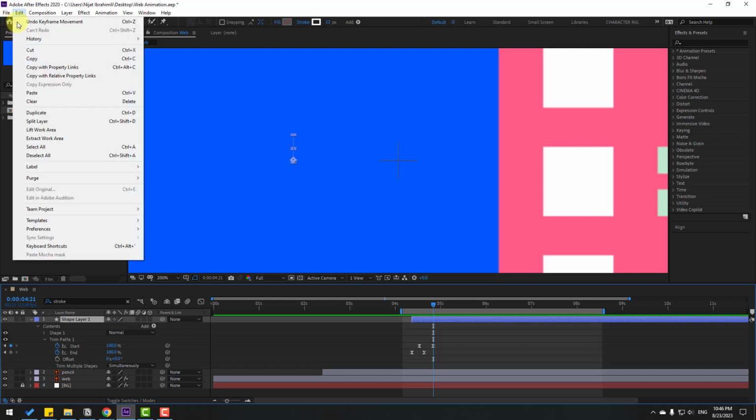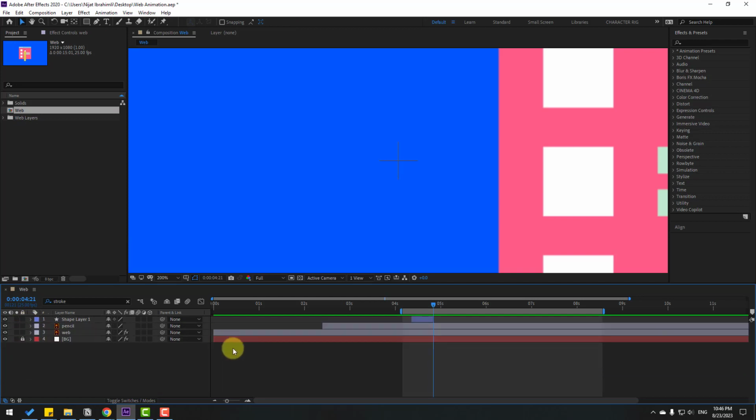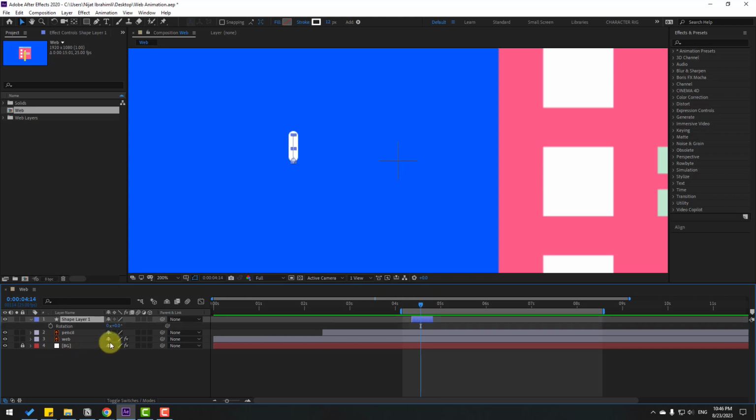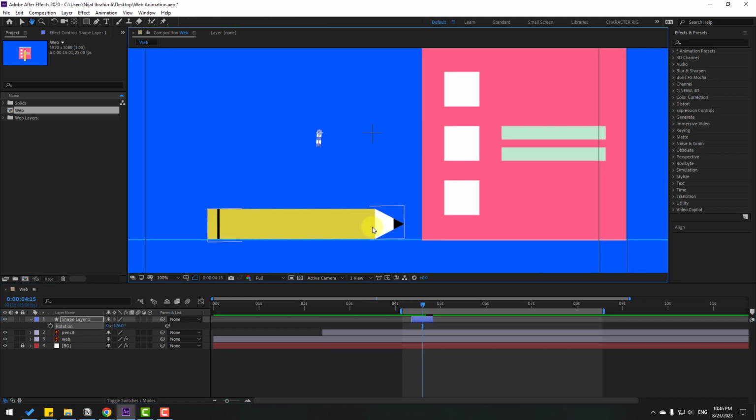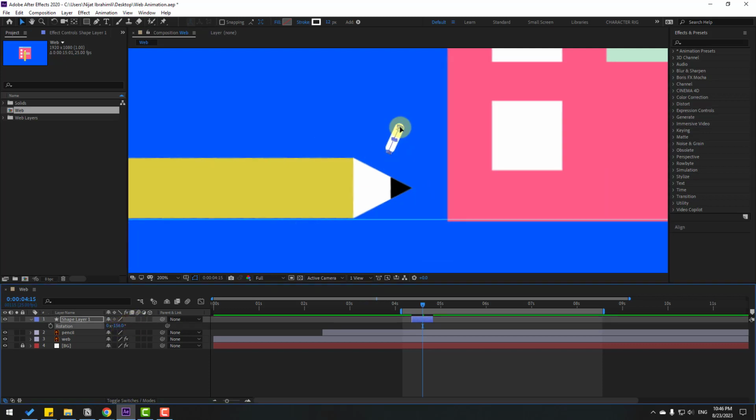Go to edit and split layer or Ctrl Shift D. Delete shape layer 2 and close settings. Select the shape layer and let's press R, change rotation like this. Okay, so let's put here and change rotation, move to here,